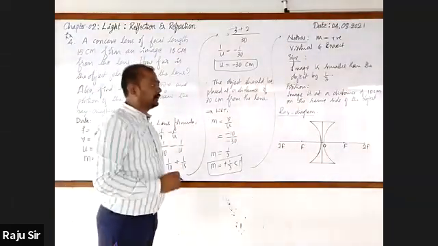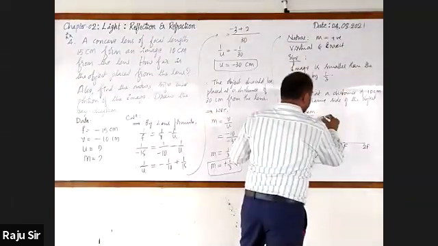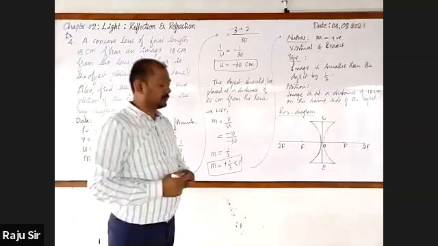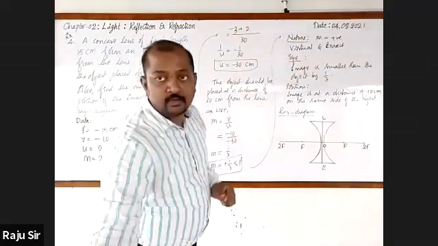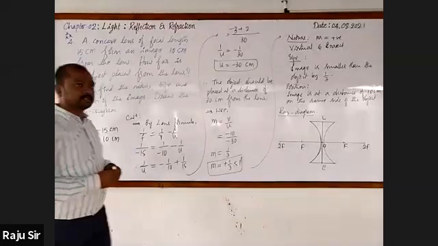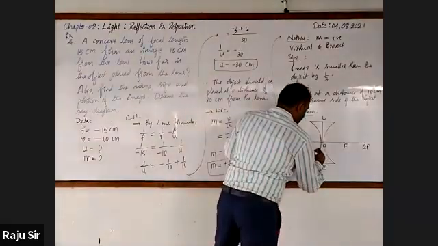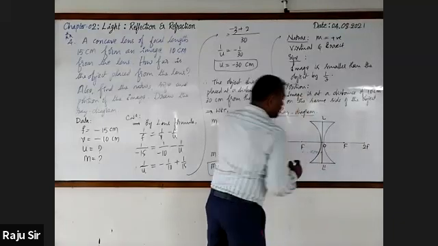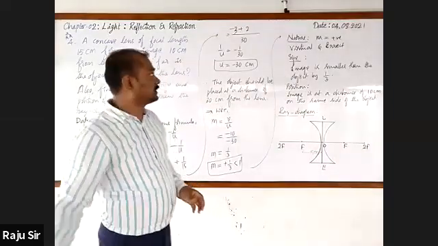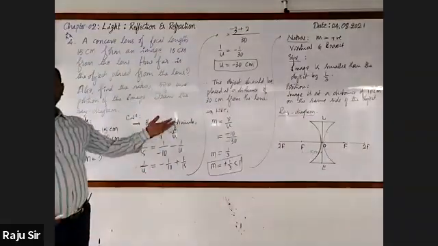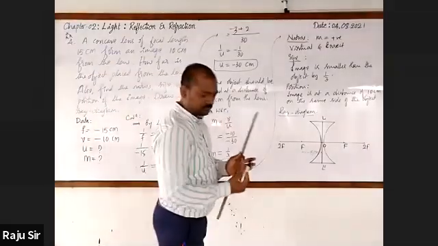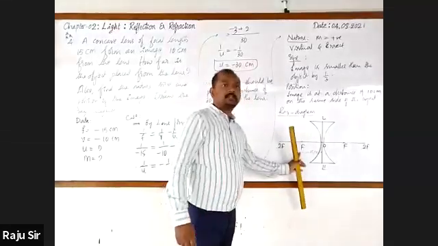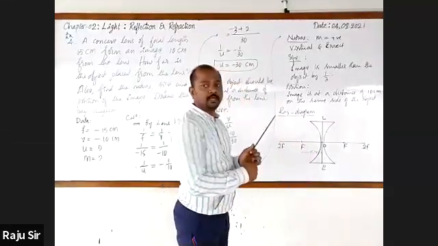This is a concave lens. You may name it as NL dash. Focal length is known. How much? 15 centimeters. Here is the mark. At what distance is the object placed? 30 centimeter. And where do we have to place the object? At 2F, because focal length is 15 centimeter and object distance is 30, double of focal length. At 2F.